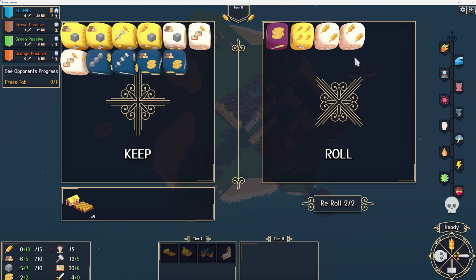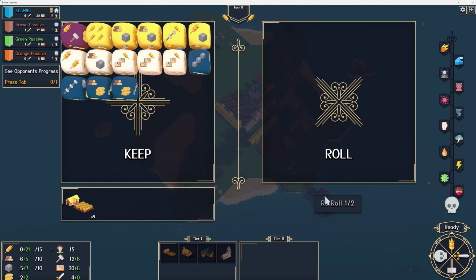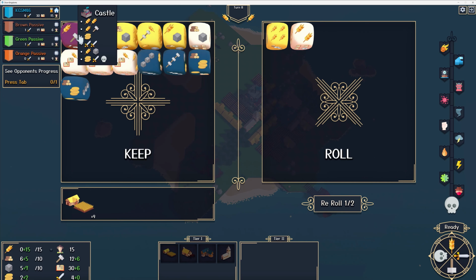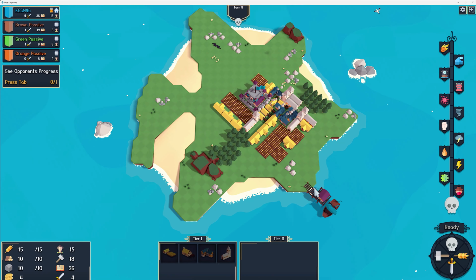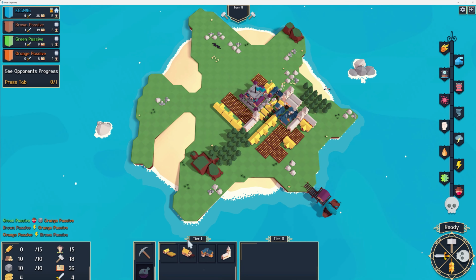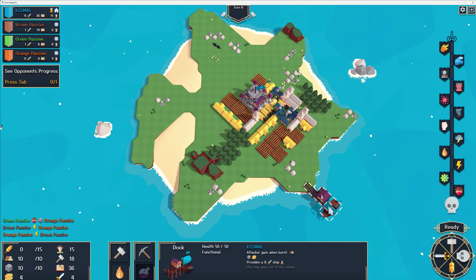Let's re-roll this die, because I think we could get more out of the castle die. Alright, let's re-roll these dice. There we go. That's kind of what I was hoping for. So I'm not really sure where to go from here, because...